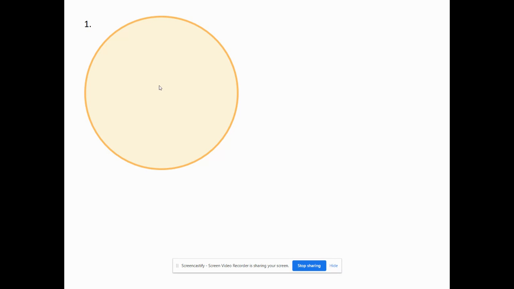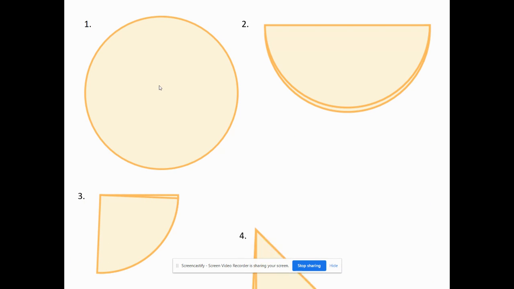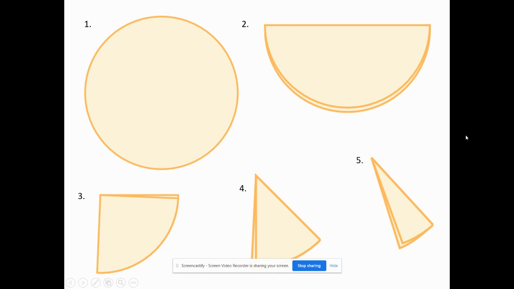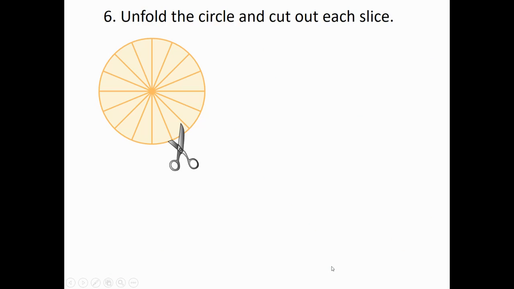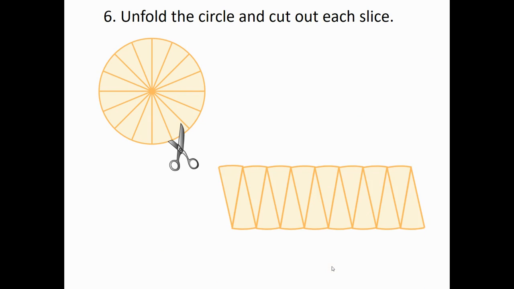So to come up with the area formula of a circle, there's our circle. Imagine if we had a paper plate and we fold it in half, we fold it in half again, and we keep doing this till we get to about there. Then what we're going to do next is unfold the circle and cut out each slice and arrange it in the shape of a parallelogram. So then we have,